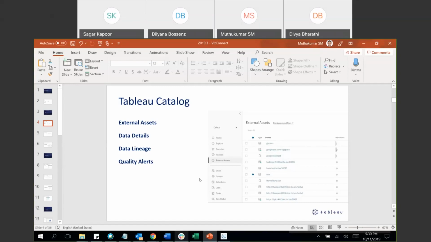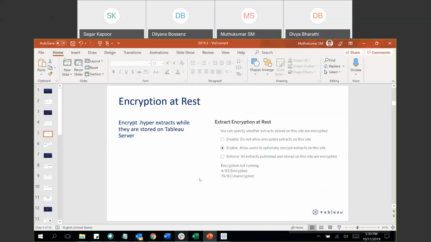And apart from this, there's quite a good quality alerts mechanism that can feed your developers, in terms of having them restrict their development activities to the available fields and not letting them use the fields that are supposed to be deprecated in the future. And the other two features that we would recommend you go through as part of 19.3 is